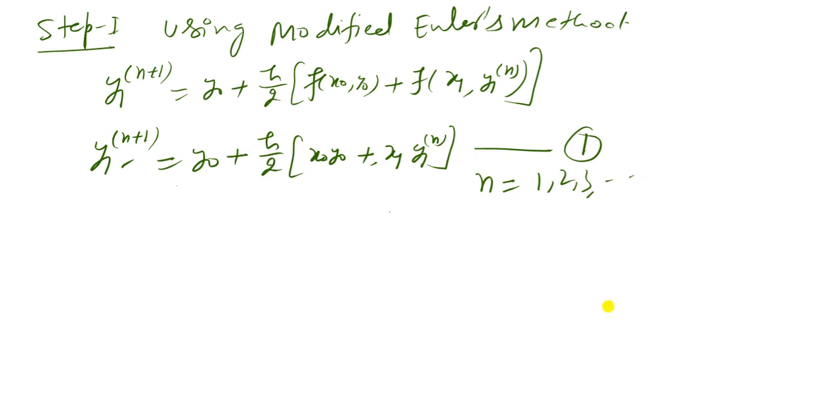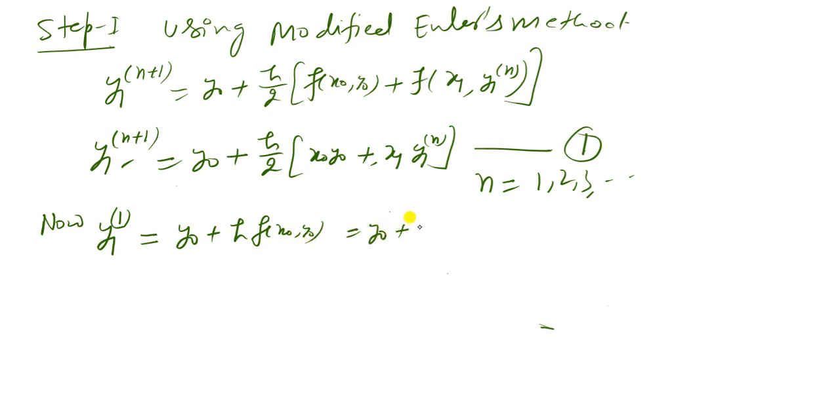Now for n is equal to 1, so we obtain y1. Our aim is to compute the value of y1 at 1. So y1 1 is equal to y0 by using Euler's method, that is, the general Euler's method. In the first form of Euler's method, y1 1 is equal to y0 plus h times f of x0, y0.